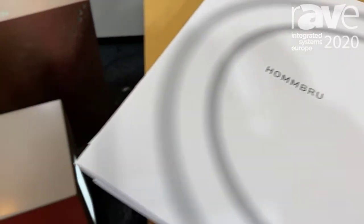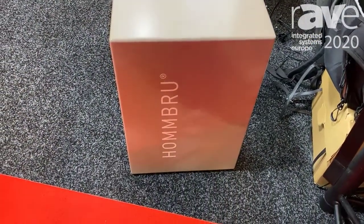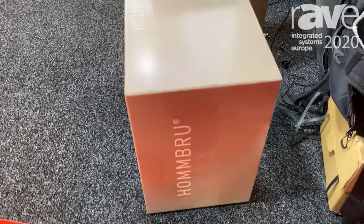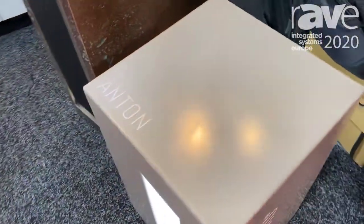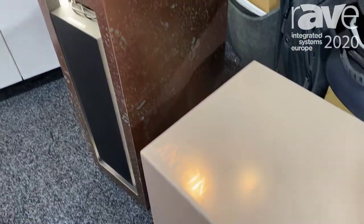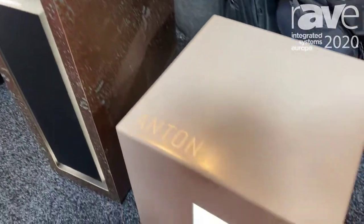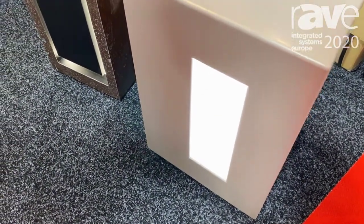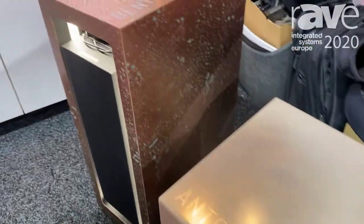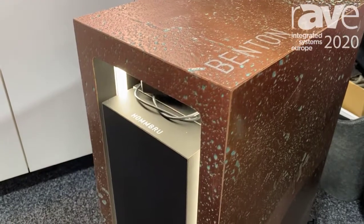Okay, we are here at HOMMBRU, the company name on our booth at ISE. We produce loudspeakers which are invisible. We developed a technology to create sound out of solid surface, and we integrate this into several kinds of products, like outdoor speaker Anton out of mineral fabric for maybe, let's say, 20 people on a terrace for residentials or also restaurants, and Benton makes up to 100 decibel and 3 hertz,